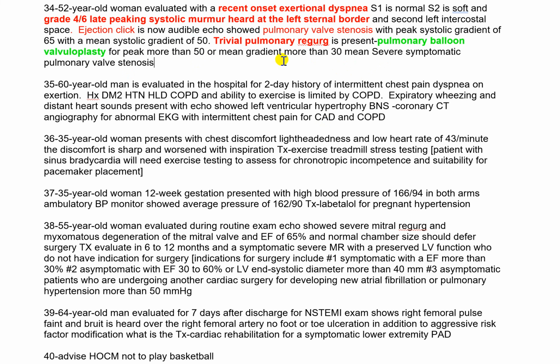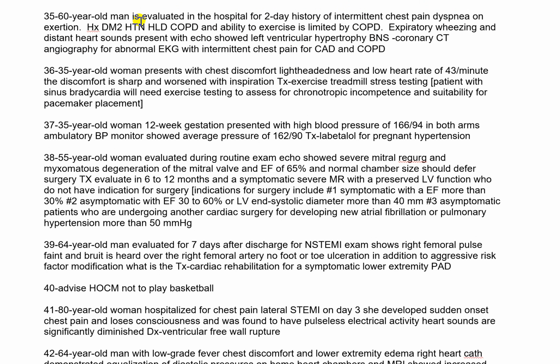Yeah. So this is severe symptomatic pulmonary valve stenosis. She has a lot of symptoms: recent exertional dyspnea, and then she had some bad pulmonary artery, and then the systolic gradient of 65. Okay. The peak systolic gradient of 65, okay, and mean systolic gradient of 50. This indicates severity. It's very severe. Sometimes even they don't give you the numbers. They just tell you severe pulmonary artery stenosis, pulmonary valve stenosis, not artery. So you need to do balloon for this patient.